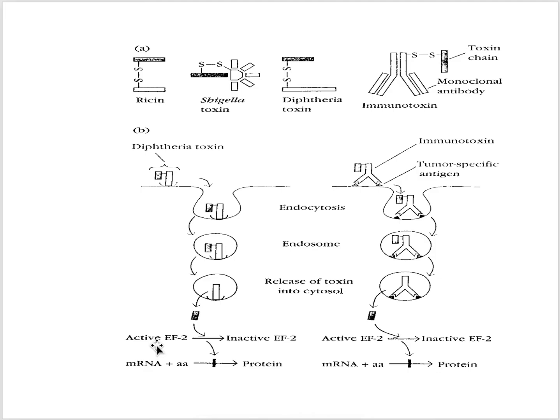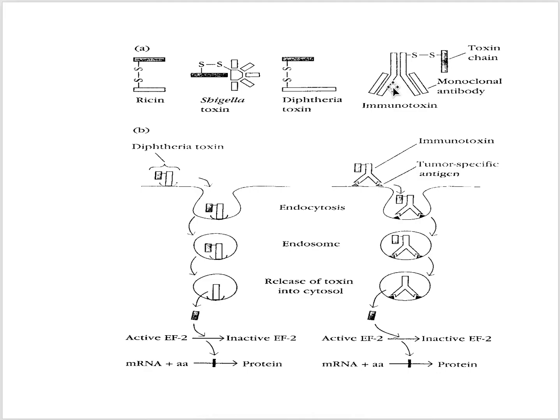So now, if we want to produce immunotoxins using the diphtheria toxin, what do we have to do? We have to replace this binding portion of the diphtheria toxin with a monoclonal antibody. So what's the benefit? Say, for example,